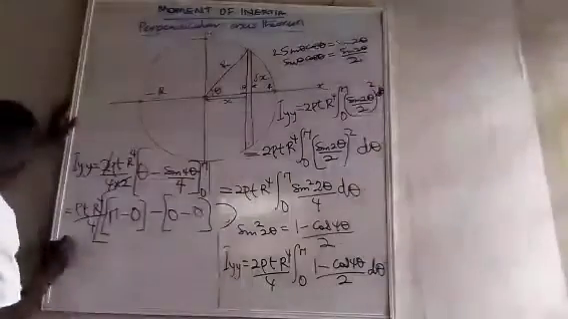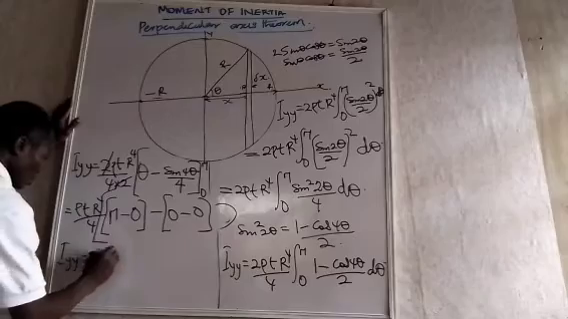So at the end of the day, my Iyy will be equal to rho t r